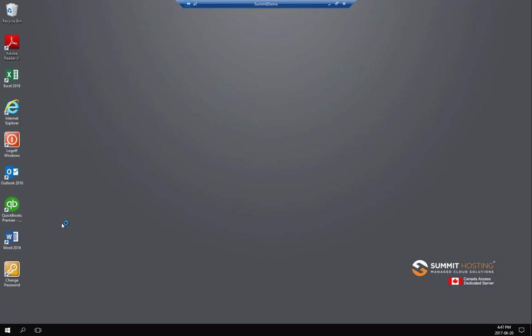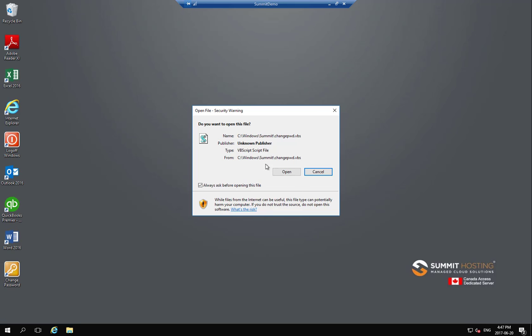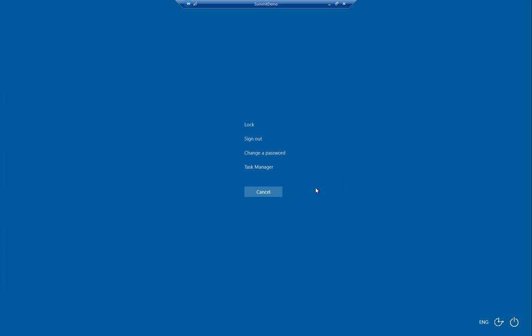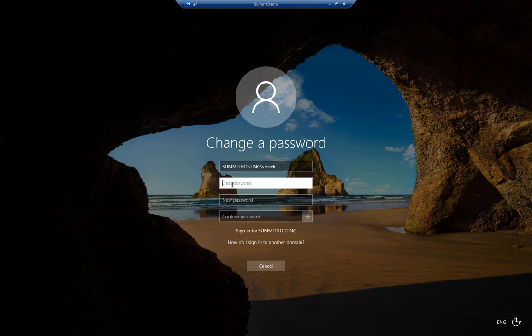And basically we have an icon here for you for change password. It's very simple. You come over here and double click it. It's going to ask you this question, hit open, and it's going to say task manager change password. Very simple. Just click on the change password